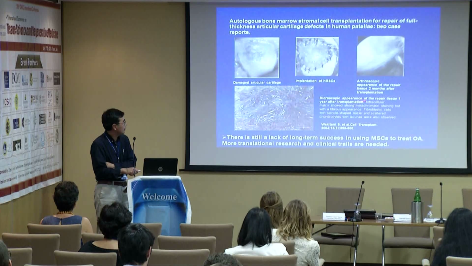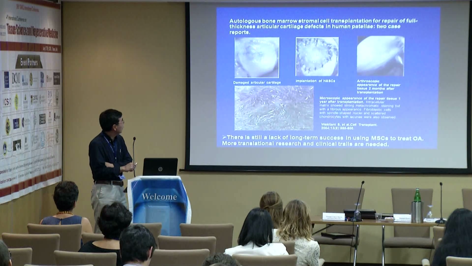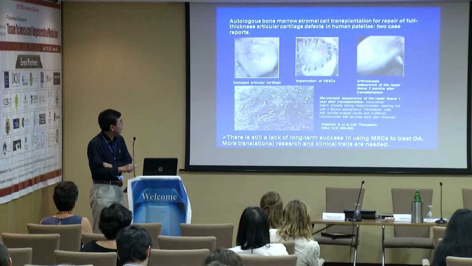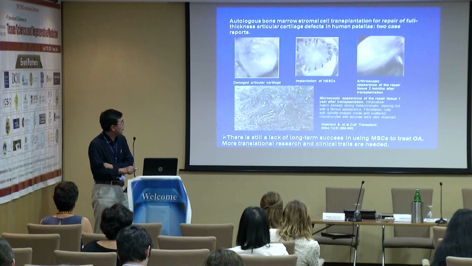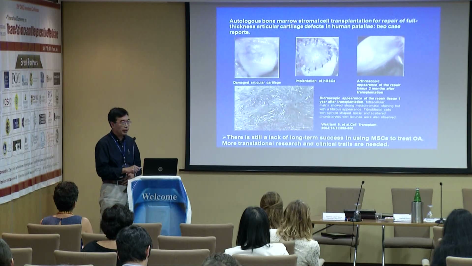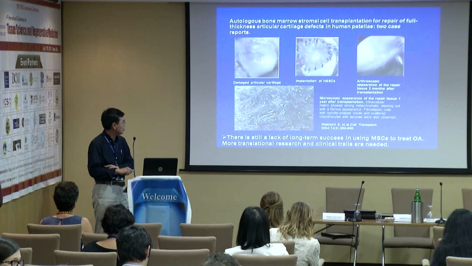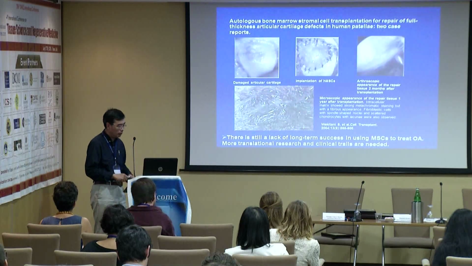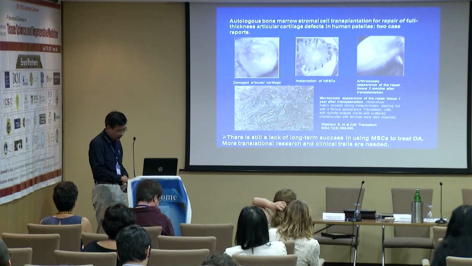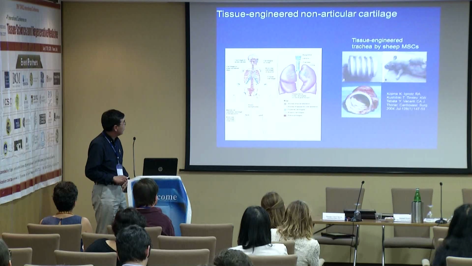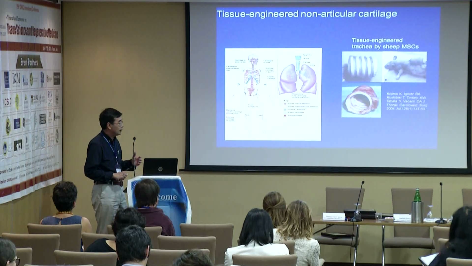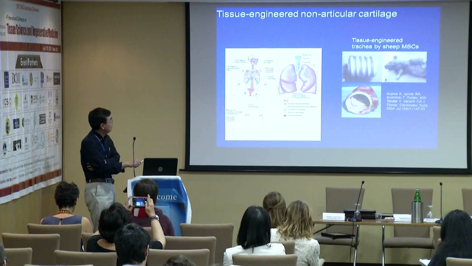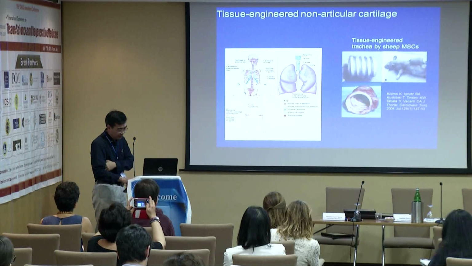One example here is a Japanese case-report study showing damaged cartilage. They put a scaffold and MSCs in the damaged area for several months. They showed the cartilage was repaired, but in the detailed structure it is not articular cartilage. It's like fibrocartilage. So we have different types of cartilage. The most difficult to repair is the weight-bearing area, like the joint cartilage. Other types of cartilage, like the airway tube, are much easier to